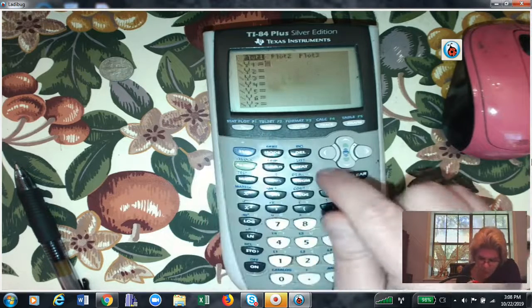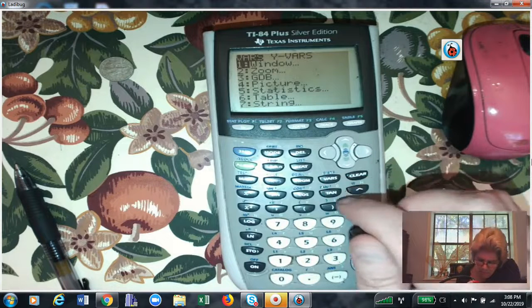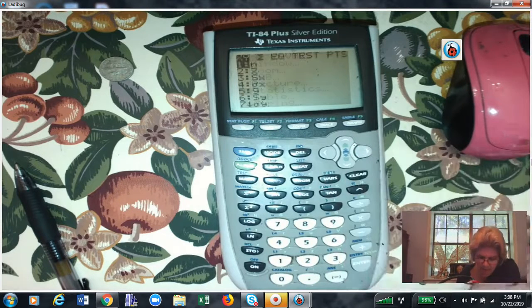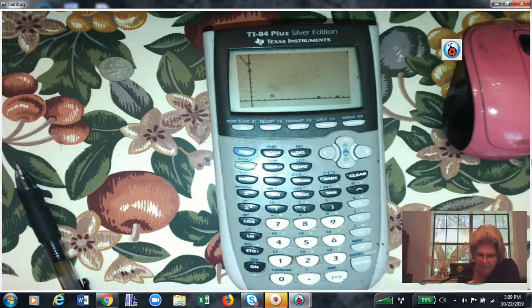So Y equals, vars. Then you scroll down to statistics or press 5. Scroll over to EQ. Then enter. There it is. And then press graph. All right, that's what you get if it's